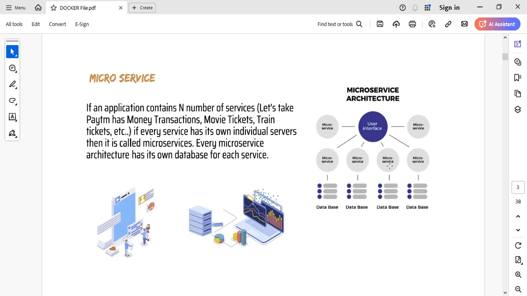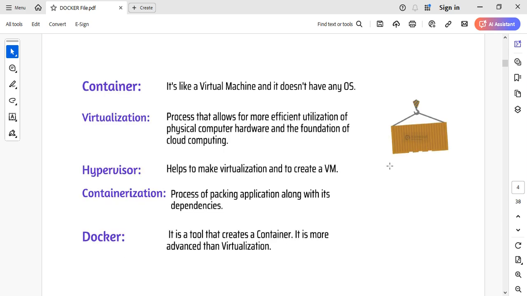Okay. So in detail, we can discuss in the further slides. Okay. Fine. What is a container? Just please have a look. Container,